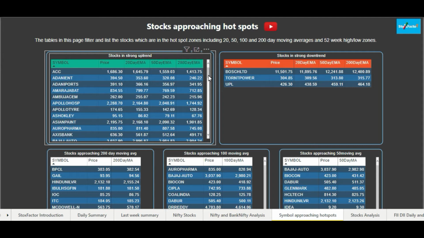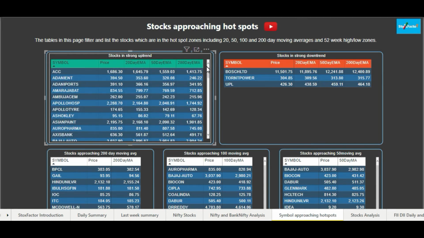Once it breaks on the downside of the medium term moving average, then probably you can think of getting out of the stock for a while before entering again when it touches the 200-day moving average for long term investing. For medium term, you can keep your stop loss at the 50-day moving average, and short term investors or traders can keep their stop loss just slightly below the 20-day exponential moving average, and you can ride the rally in the stock along with that 20-day exponential moving average. So as you can see, this is the whole list of stocks which are in a strong uptrend.